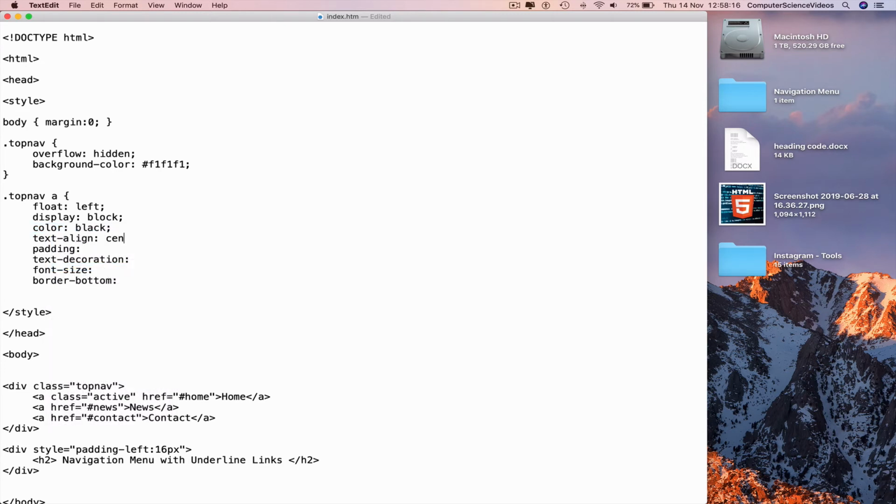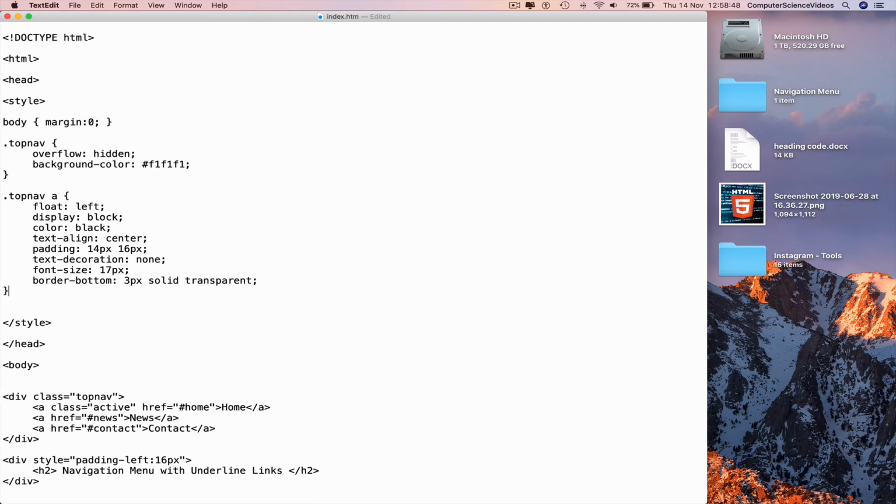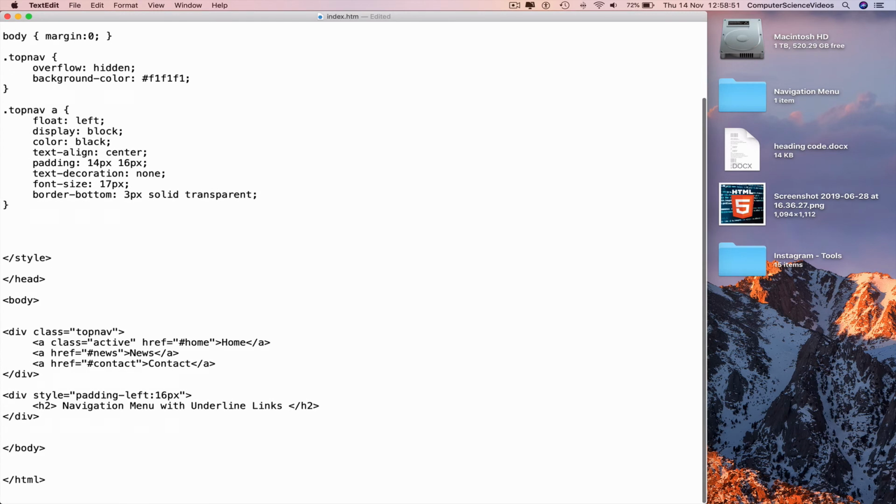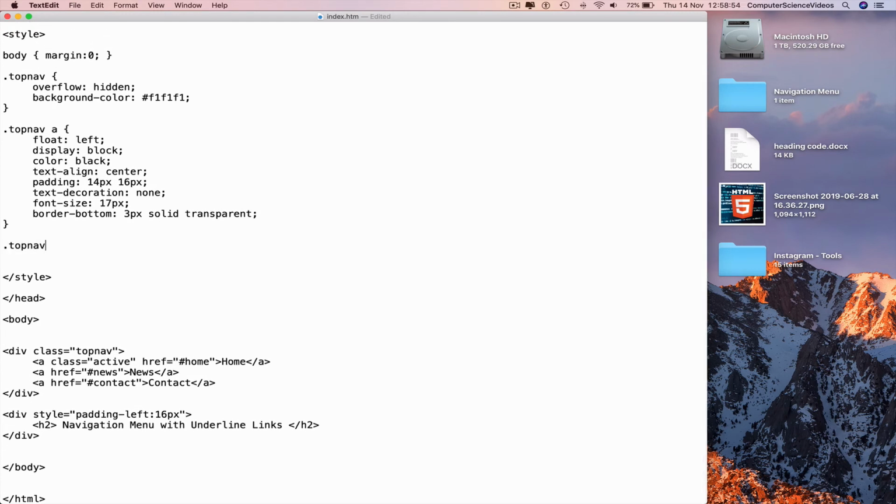text align to the center, semicolon, padding, 14 pixels, 16 pixels, semicolon, text decoration, none, font size, 17 pixels, semicolon, border bottom, 3 pixels, solid, transparent, semicolon, go to a new line, curly brace, go to a new line again, dot top nav a hover, curly